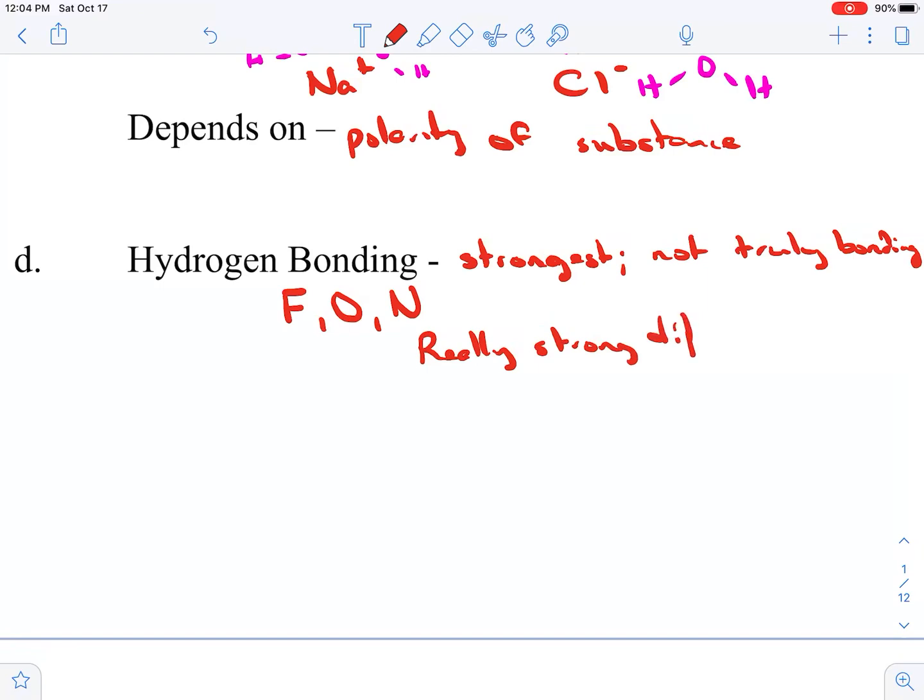And how they figured this out, and it goes into detail in our book, is they look at the boiling points of water and something like H2S. Not that you guys know this, but H2S in its natural state is a gas. H2Se is also a gas. Most nonmetals, most covalent compounds are gases at room temperature because of the lack of intermolecular forces. But